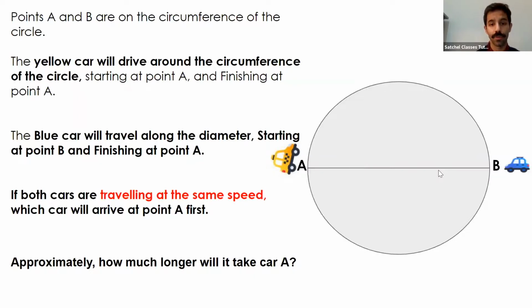And this is really important to understand when we want to work out the circumference of a circle. And if we were to derive a formula for the circumference, using our estimation, we could say that it takes 3 times longer to go around the circumference. Therefore, the circumference, and this is an approximation, it's not exact, would be equal to 3 times